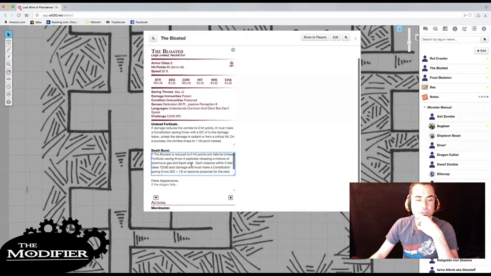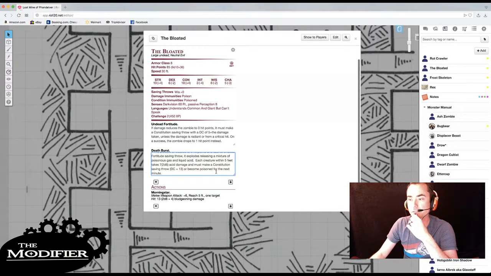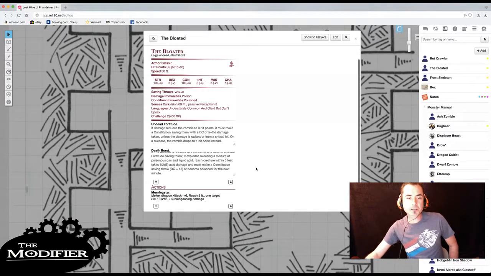So let's see what we got here. Death Burst. If the bloated is reduced to 0 hit points and fails its undead fortitude saving throw, it explodes, releasing a mixture of poisonous gas and liquid acid. Each creature within 5 feet takes 7 2d6 acid damage and must make a Constitution saving throw, DC of 13, or become poisoned for the next minute. Yeah, Razanak in chat says, I think anyone within 5 feet is too close to dodge a large creature exploding acid. Yes, exploding with acid. I agree, Razanak. I think that's a good idea. They're going to take that damage. It's just going to happen. And they must make a Constitution saving throw, DC 13, or become poisoned for the next minute,